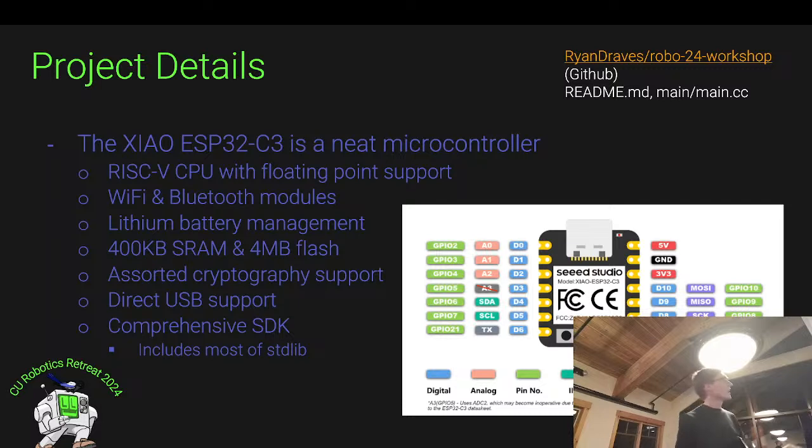It has a whopping 400 kilobytes of SRAM and 4 megabytes of flash. You can write obscenely large programs for embedded systems compared to what perhaps older chips would allow you to do. I've worked with systems where the entire program had to fit into 100 kilobytes, and let me tell you, it's not nearly as fun when you have to take all the vowels out of all of your log messages because you need to save those like 4 extra bytes. It happens, you get there eventually when you have that limited space.